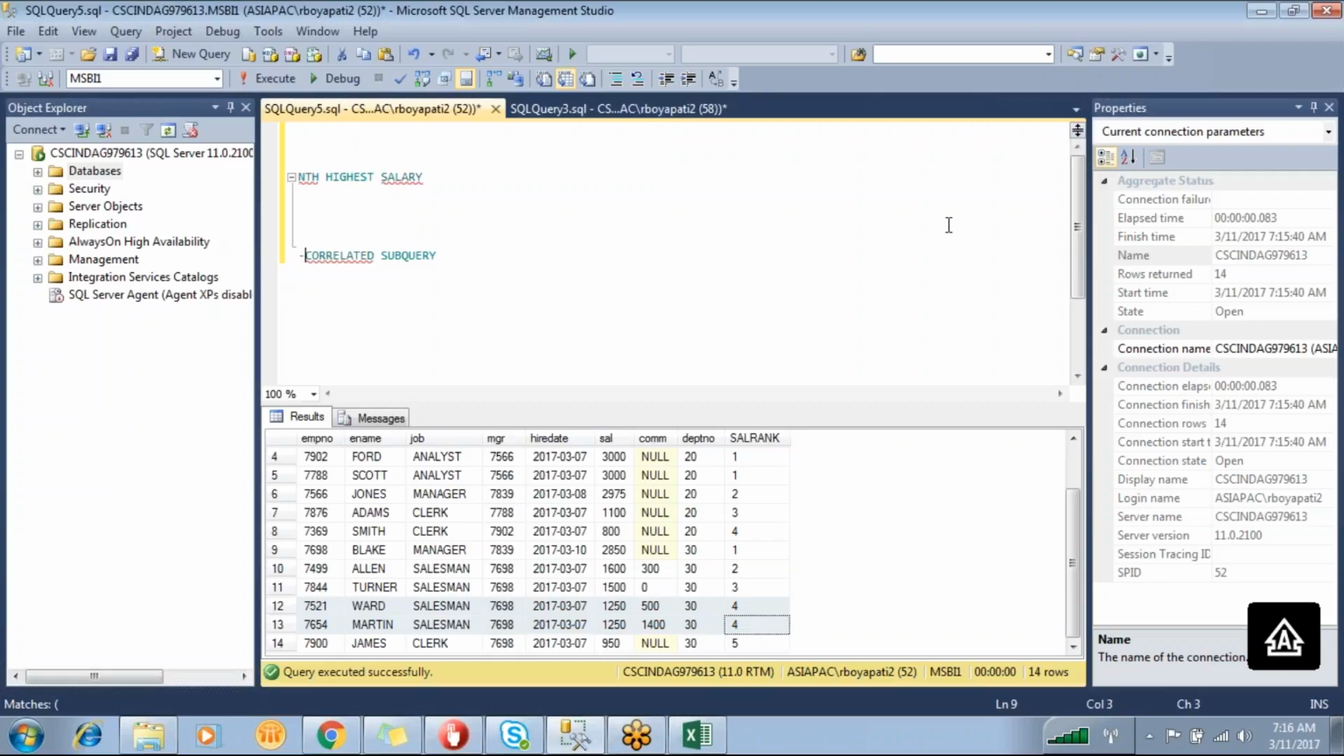So what is the syntax to write the correlated subquery? Why am I explaining all this? In interviews they will ask these questions. From the interview point of view, they will give some scenario-based questions, so you have to answer these questions. Okay, right. So the next one, you can write like this: select star from EMP